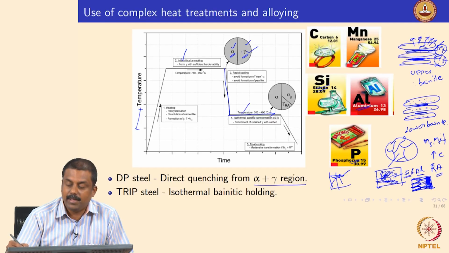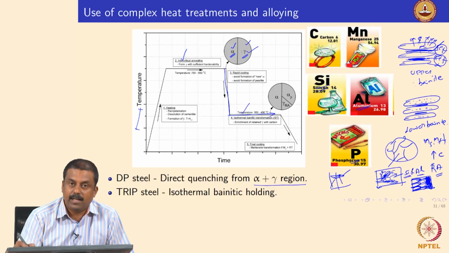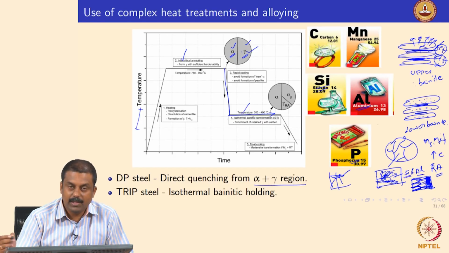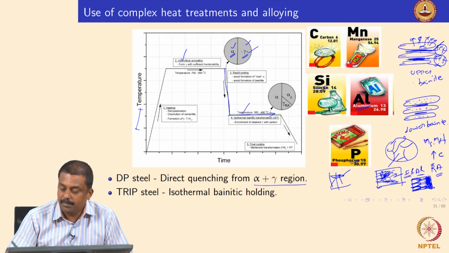How do you suppress the cementite formation? Because the solubility of silicon and aluminum in the cementite lattice is extremely low. So, if you want to nucleate cementite, then silicon and aluminum atoms should be pushed away from the nucleation sites of cementite, right. But that is not possible in kinetic terms. So, you would suppress the cementite nucleation and the bainitic ferrite laths would start growing by pushing the carbon to the untransformed austenite.